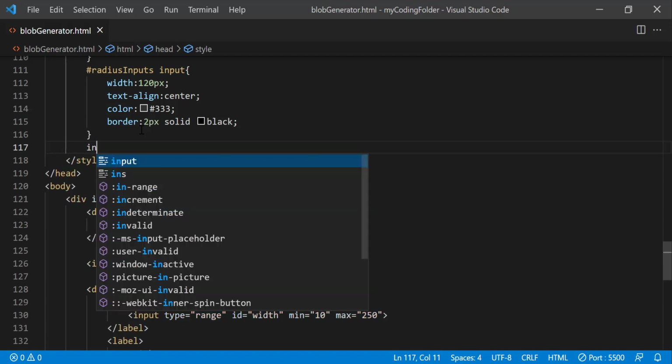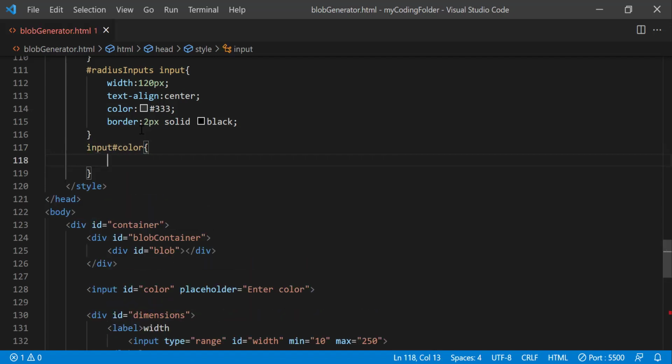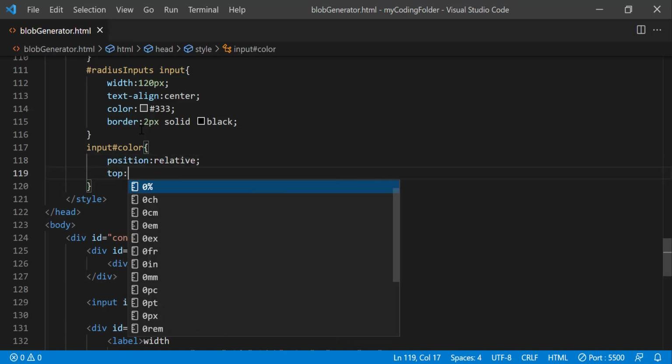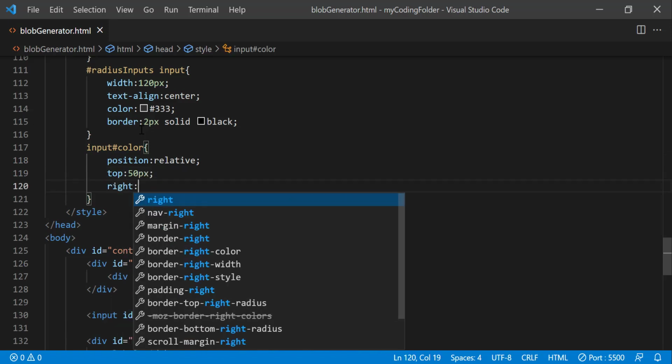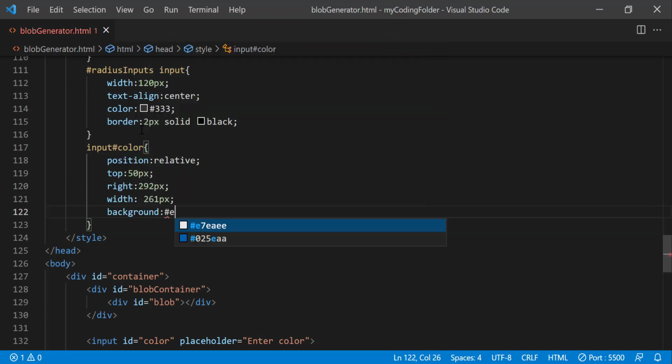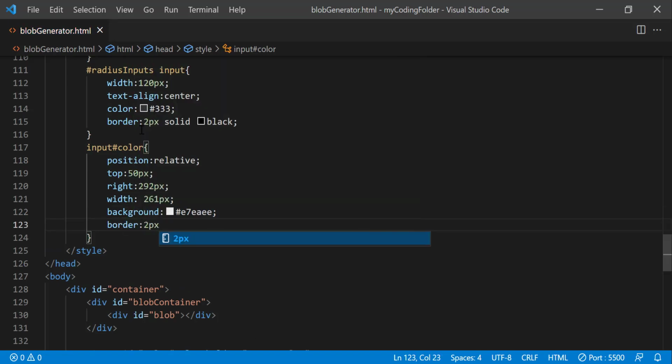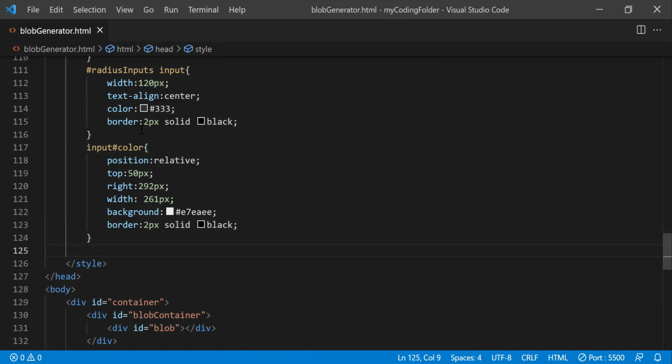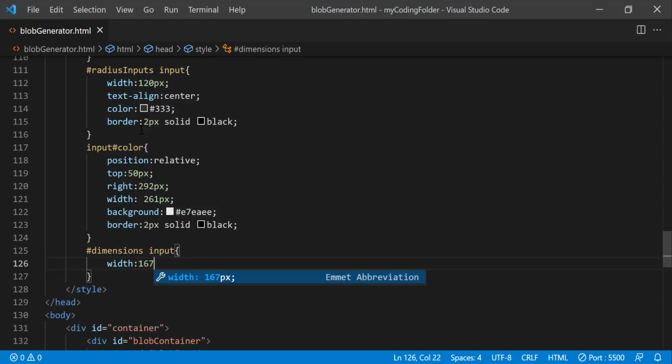And then after that we can do input #color, so we're going to select the input with the ID of color, do position relative, top 50 pixels, right 292 pixels, width 261 pixels, background E7EAEE, border 2 pixels solid black. Then we're going to select all of the inputs within the dimensions div, and we'll just do width 167.7 pixels,